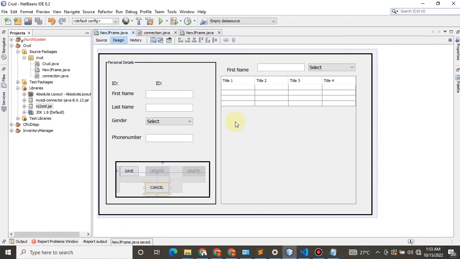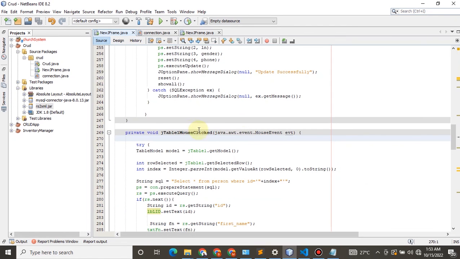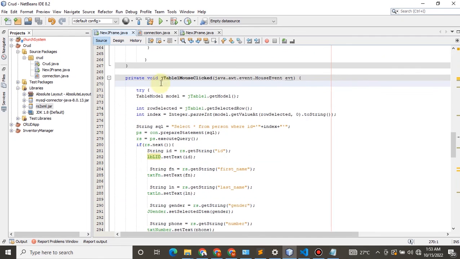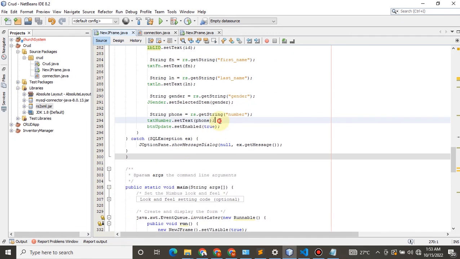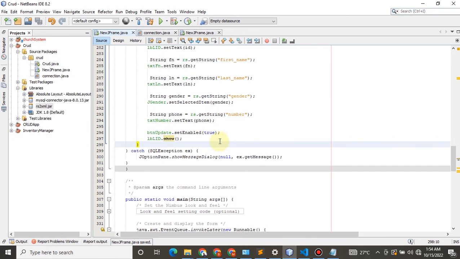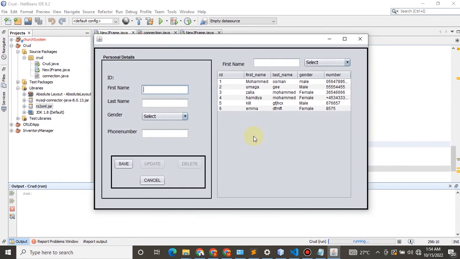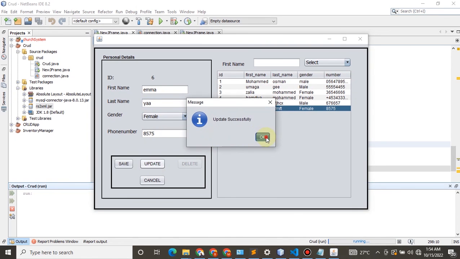Okay, so we are going to only show it when you click the mouse on the table, sorry. So let's show it here. Show tests. Okay, now you can see inside and click on it to display. After I update this one, inside,